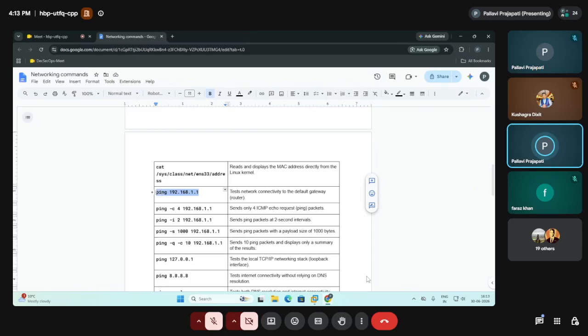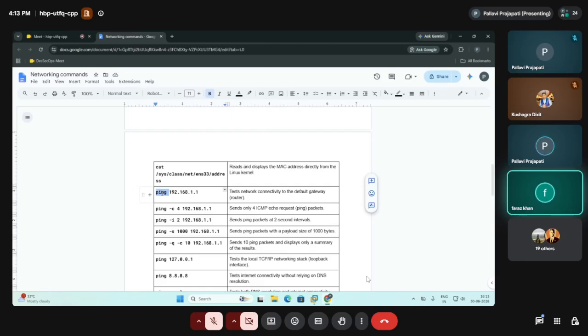Okay, let's go to the ping command. I think everybody has used this command, ping. What is ping used for? Ping is used for testing reachability, PC reachability and link reachability, like whether Google 8.8.8.8 is reachable.